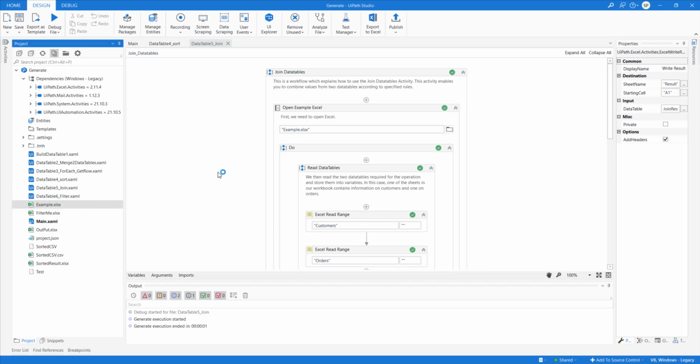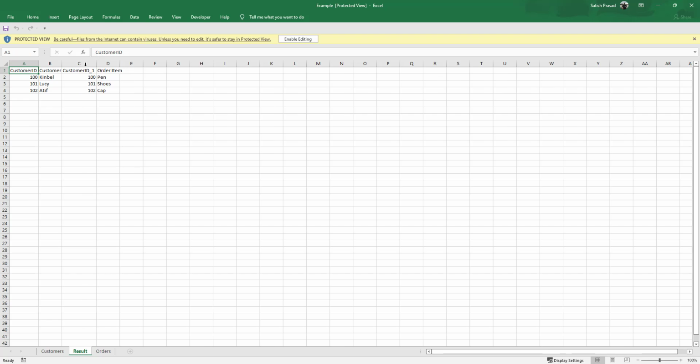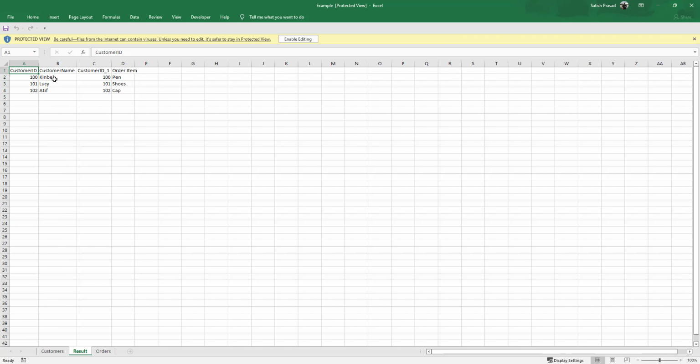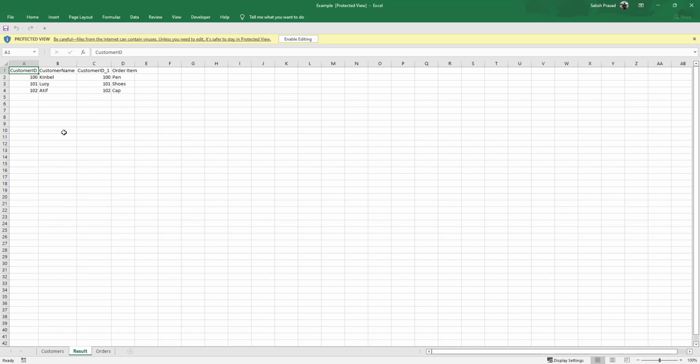And let's look at the result now. So the result file is here, the result tab is here, and you can see based on the join condition, it has written the data. It has joined this particular and this particular, and whatever is common on the basis of customer ID is here.